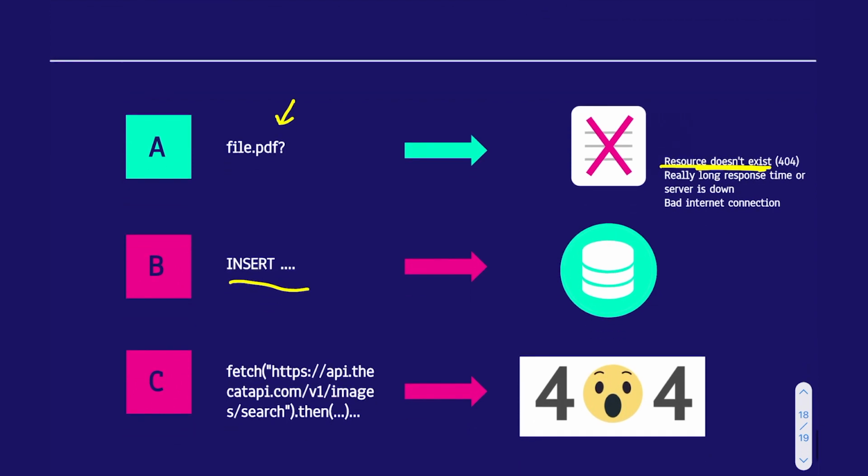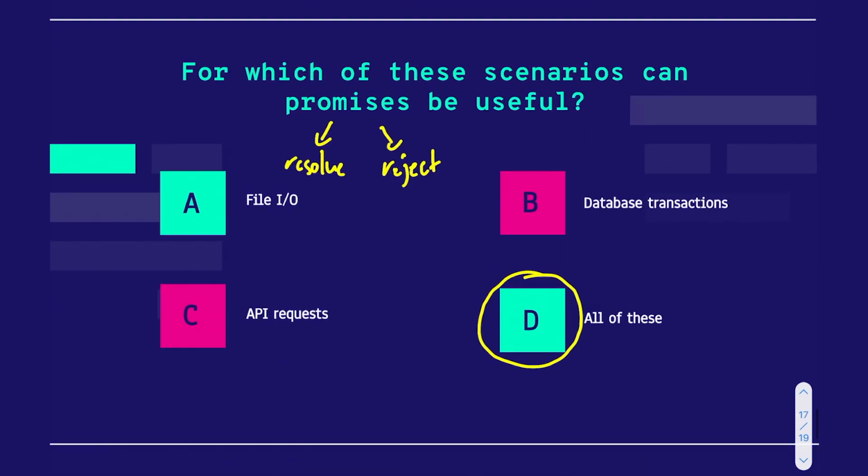And then let's say we have some API. This is the I found a cat API that, I think, gives you a random cat image. But let's say whoever owned the API just randomly decided to take the website down one day, and you get a 401 if you try to go to this website. That would be a really great use case for a promise, because if that happened, we could reject the promise. We could show some sort of error like, oops, we weren't able to load that cat image. So when there's any sort of uncertainty, then you want to be using promises. And all three of these are good examples of